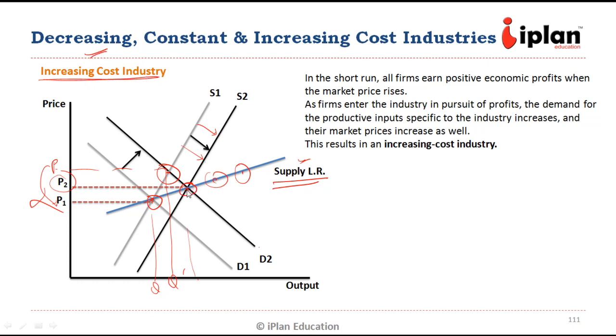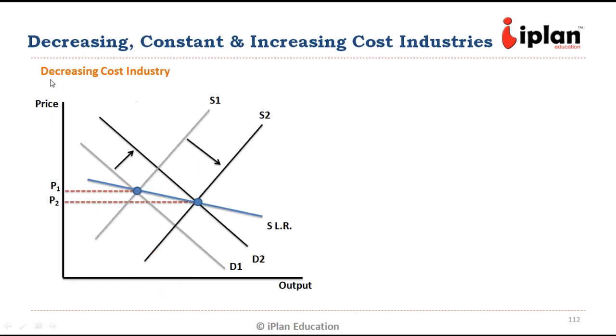Similarly, if it comes down further, then it will be decreasing cost. Let us look at that as well. In the case of decreasing cost industry, the demand curve shifts. First it was cutting here, then the new demand curve D2 and S1 are cutting here, at the higher price, and then the supply curve is shifting rightwards. Now it is cutting the new demand curve at this point where the price is even less than what it was earlier. So you are producing more quantity and at a lesser price. So P2 is less than P1. This is the case of decreasing cost industry.